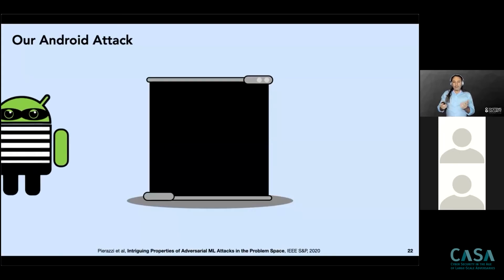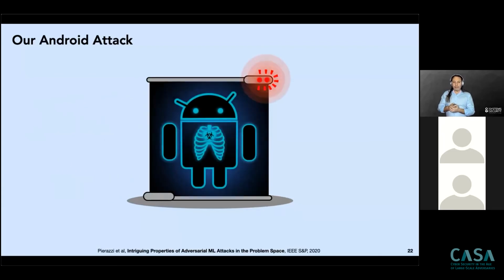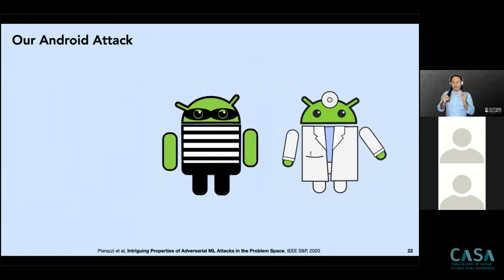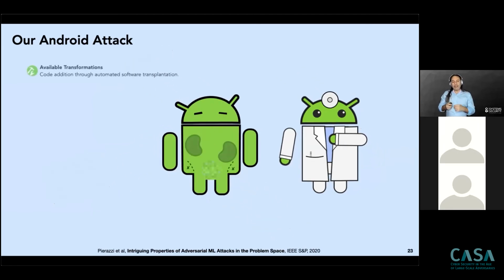So let's have a look at how the attack works. A very high level view of this. And by the way, all the animations here are the great work of Fergus, one of our PhD students in the group. Amazing animation. So let's say that you are an Android malware. You go to the doctor and say, doctor, I really need to be misclassified as benign software. The doctor says, no problem, I can help you. And the way that we work is